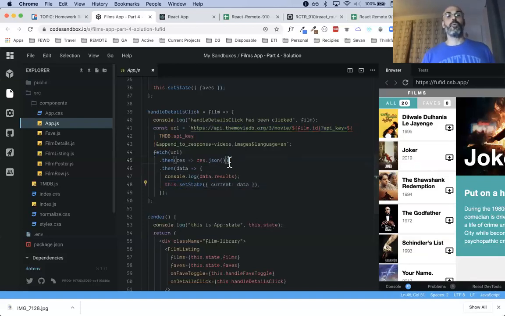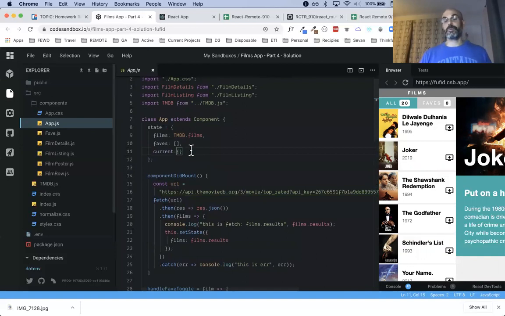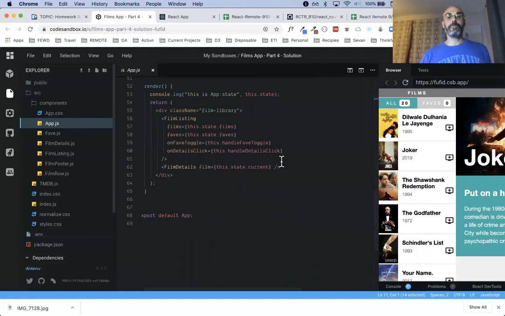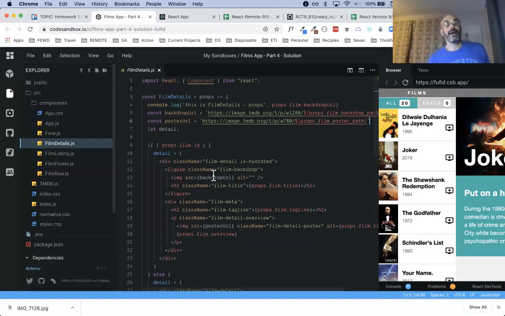So this returns back one thing, one object, because that's what I'm setting in state. And since current is set to data, and in state, up here, current is an object, we must be getting just an object back. The minute we update state, that triggers a re-render. This now has something, and that's the something we pass down to film details. Okay? We updated, now this thing has something, and we pass that thing down to film details. And here's film details. Now the issue with film...